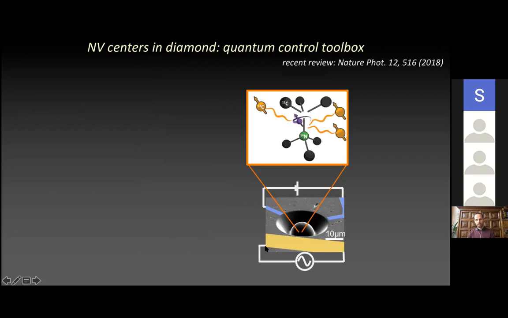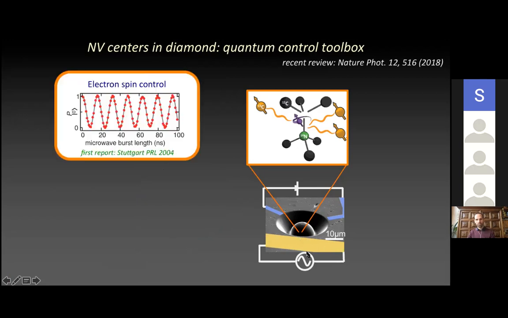And so when we apply microwave signals to these strip lines, and they are resonant with these spin transitions that I showed in one of the previous slides, then following the magnetic resonance principle, we can actually induce rotations between these spin levels. So here's actually an example from almost 10 years ago. You can see very nice Rabi oscillations on sort of tens of nanoseconds time scale.